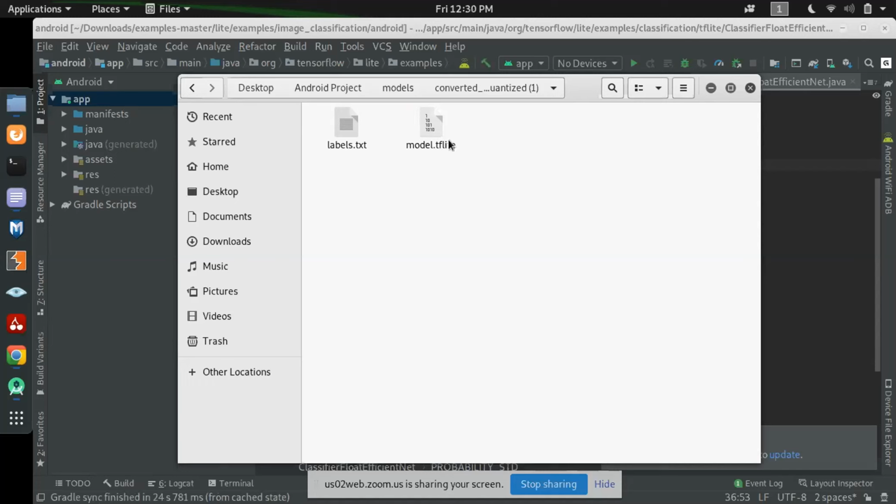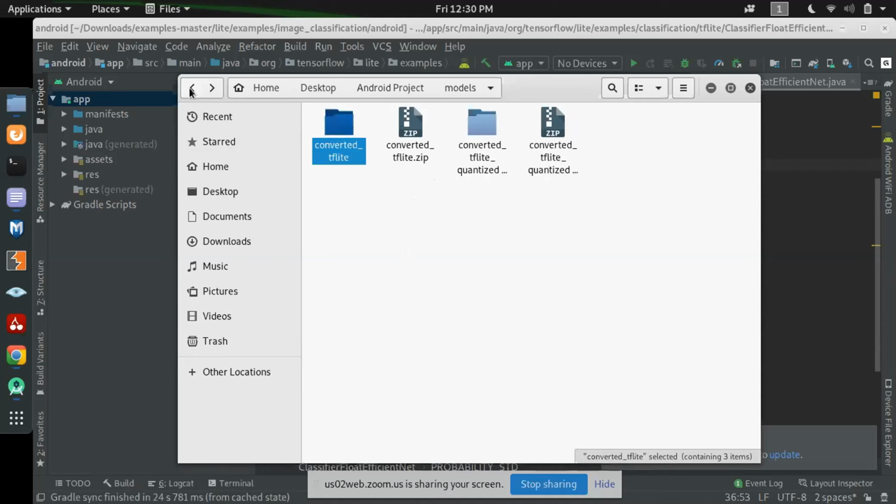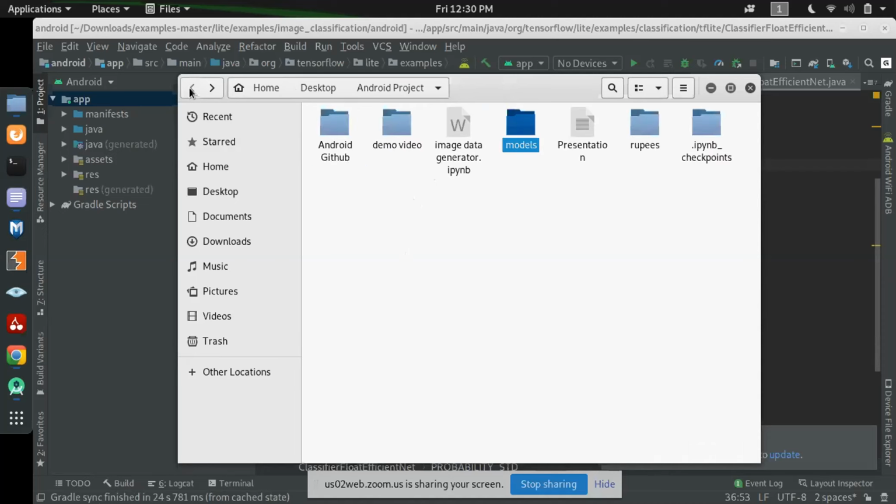For that, I just copy from here and paste it. These three files should be kept in our model. I will copy all these files and keep them in the Android Studio project.